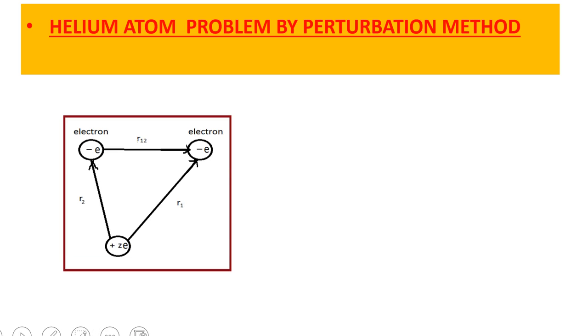Hello everyone. Today my topic is the helium atom problem solved by perturbation method. Helium atom consists of two electrons with the same charge minus e revolving around a positive nucleus with atomic number Z,